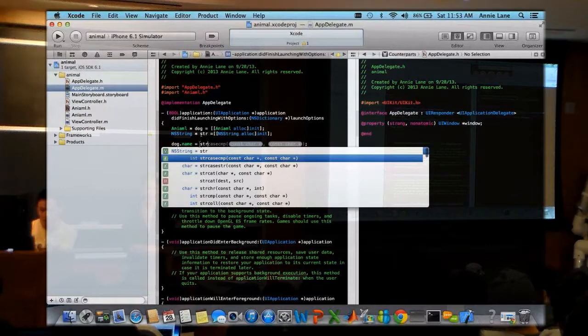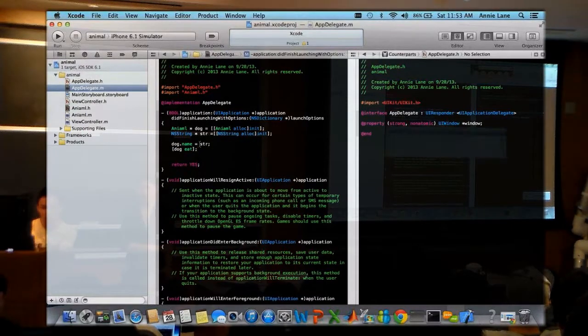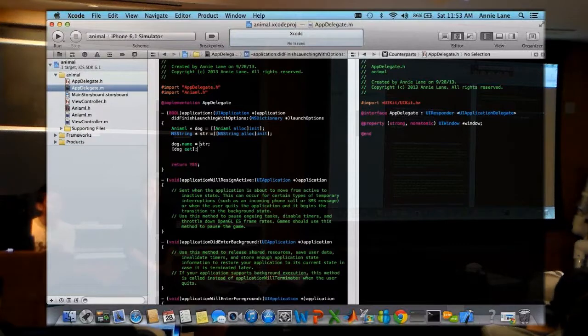Let's say I want to set this animal name. Instead of doing that, I can just do str. That will work as well. As long as they're the same type, you can put it in. I think what makes this confusing,